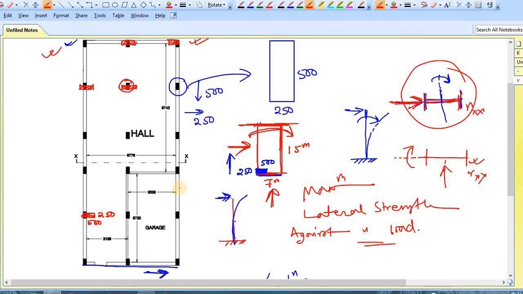This is a very short video and I think a very important one, especially for beginners. The next time you are planning any building or structure, just remember this fundamental thing: in the shorter direction of the building you need to orient the column in such a manner that the strength in this shorter direction becomes maximum.